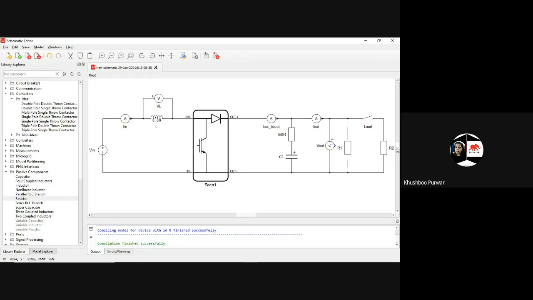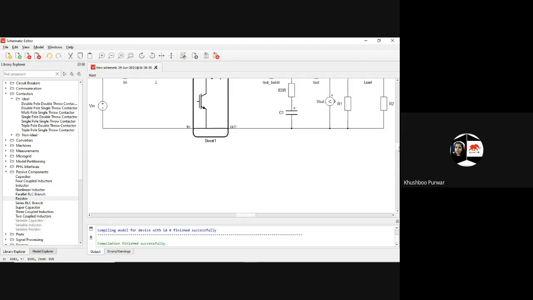So is it clear? Here also we will be measuring, we will be comparing with the reference value. Is it clear to everyone why I have enabled the signal processing part here?